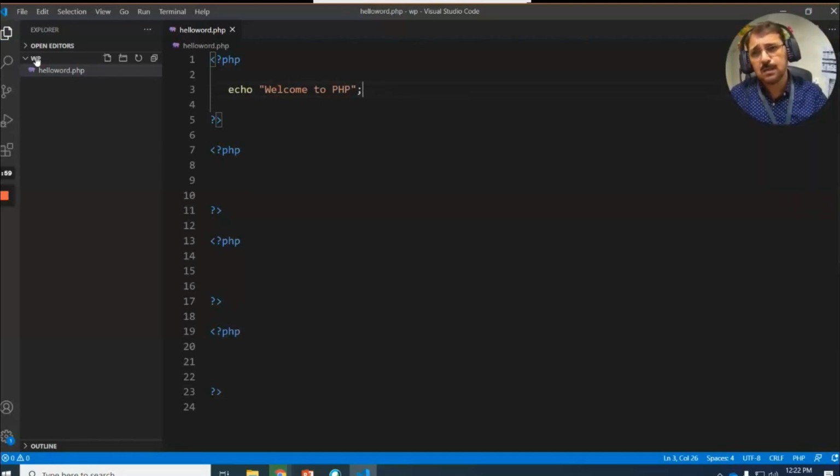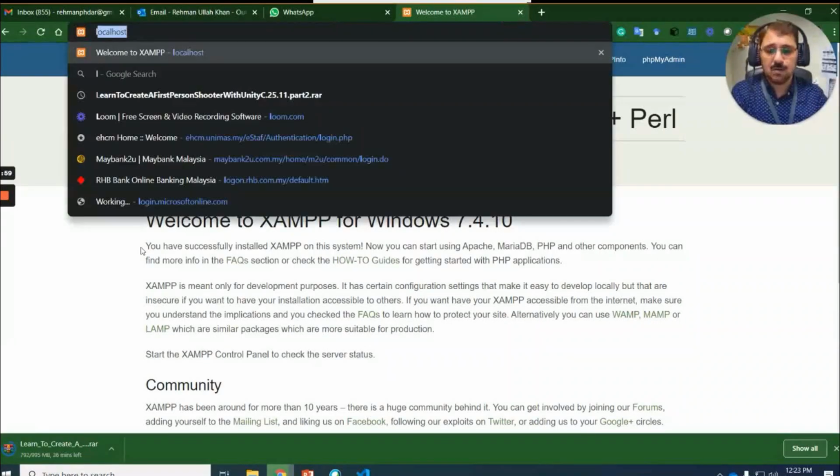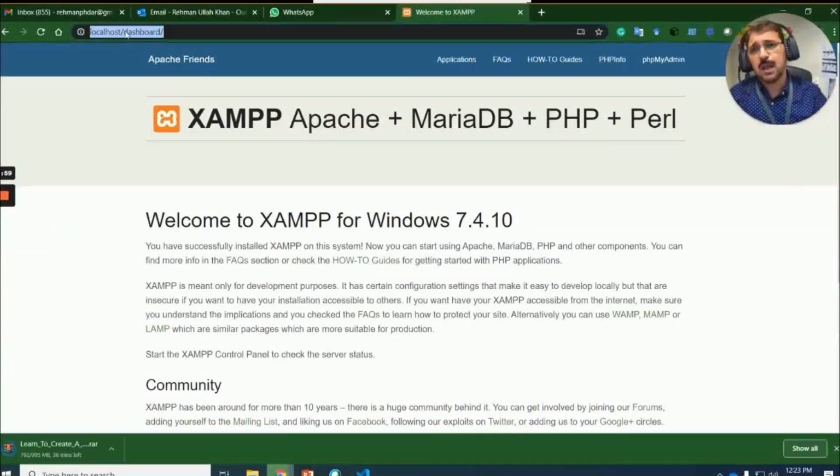So you see, this file is hello world.php, and it is inside the web programming folder. The web programming folder is inside htdocs. Htdocs is inside XAMPP. XAMPP is in C. So if I want to run this particular page using a browser, I can do like this. If I type localhost, and I want to run this file, I will delete this. We should delete the dashboard. So localhost slash